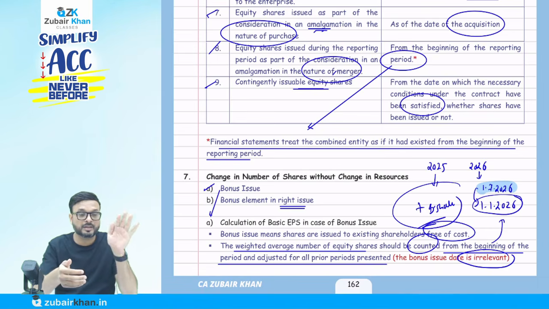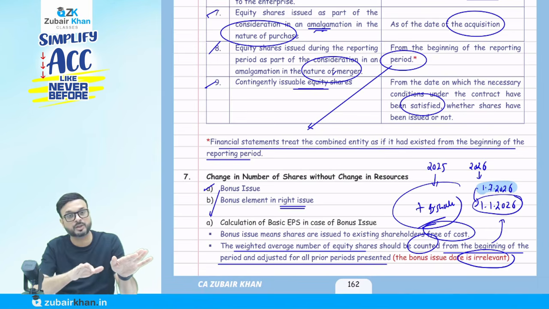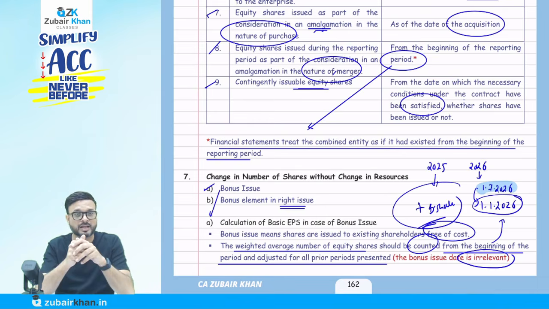Basically, we pass the entry from the reserve and surplus account to the share capital account. So we increase the share capital, but we reduce the reserve and surplus. That we can do anytime. We just reduce the profit here. We can do it anytime. So they say even whatever date you do that,